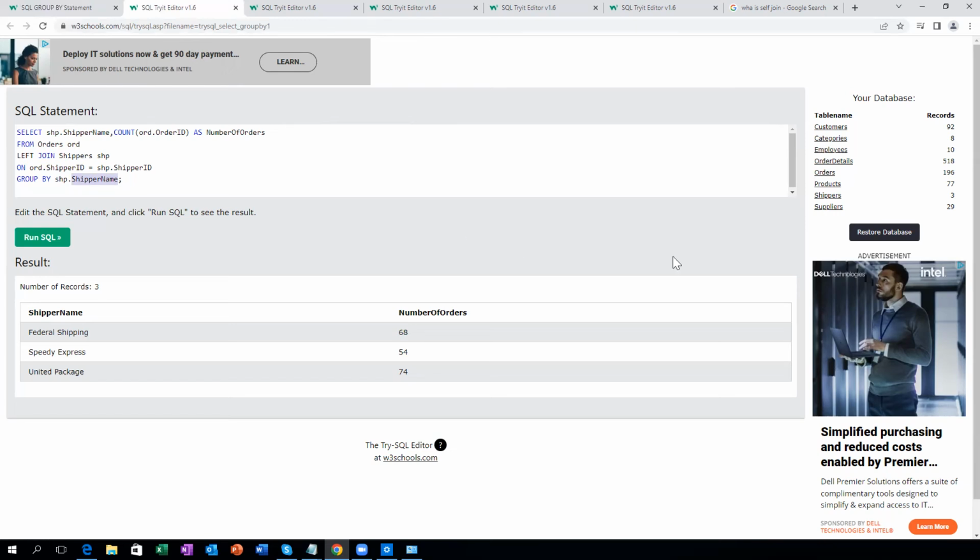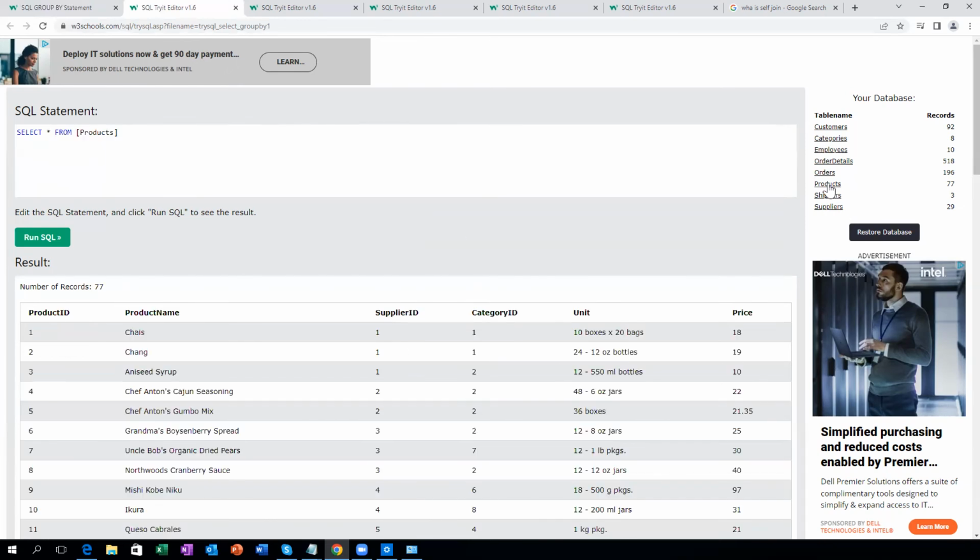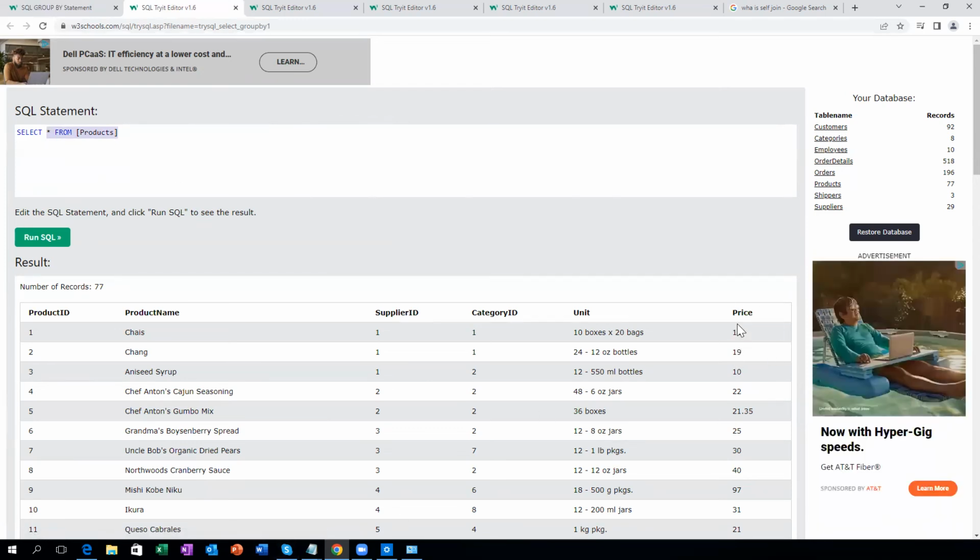Right. Let's see an example from this product table, right? So if you want to know, like these are the prices, right? And if you want to know how many times the products belonging to these prices have been sold, what you can do is select count on the product ID, right? And you put a price, right? You want to know how many items were sold how many times, right? And then you can do from products,